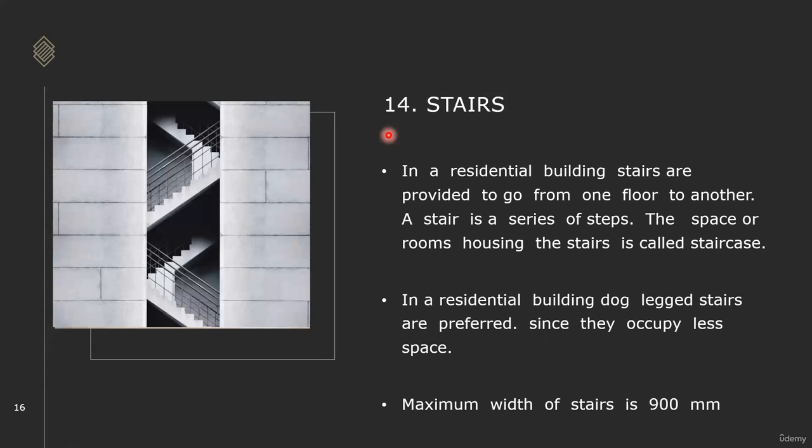So we can't directly go with the planning. We can't use the whole site, 100% of the site, 100% coverage, we can't do that. So we need to understand the bylaws of the particular area. Once we understand the bylaws and the minimum setbacks we need to leave, after that we can start doing the plans. If the requirements do not fit in this particular plan, then we can go for higher stories. The minimum width of the stairs for a residential building is 900 mm or 0.9